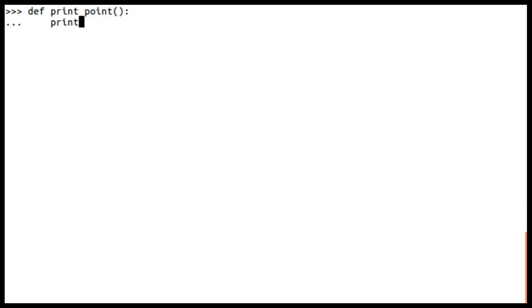Here say print %d comma %d, % of... sorry, I have not taken an object here. We need to take an object. It is going to take an object, so let me use the name of that object as p.